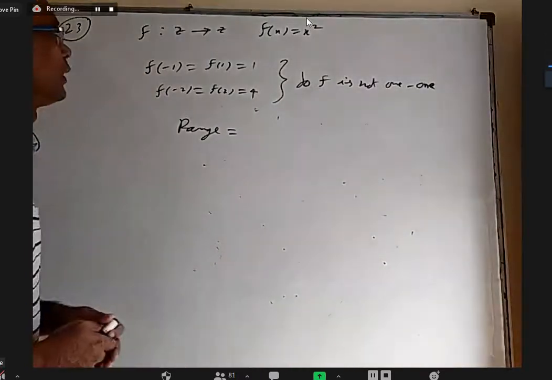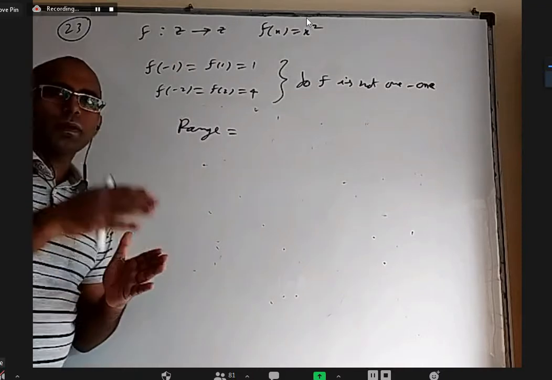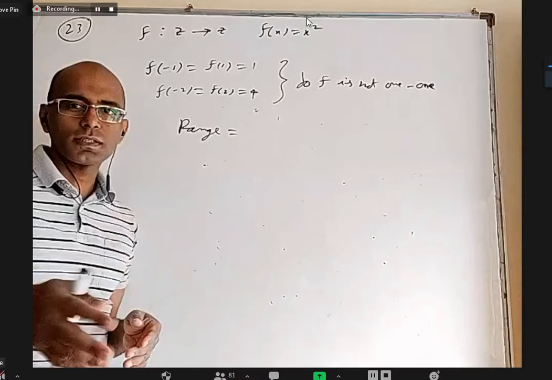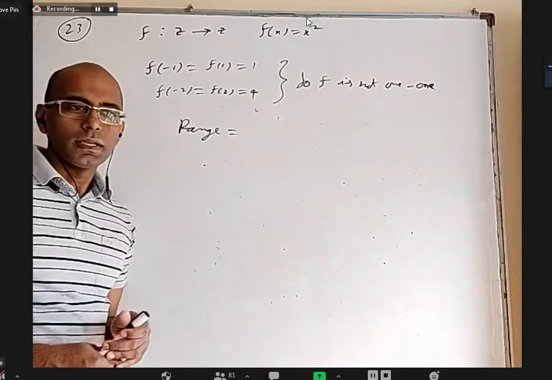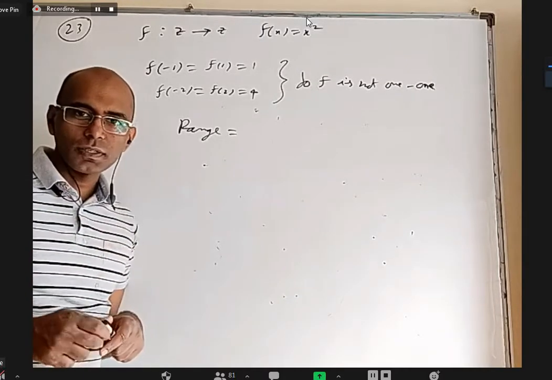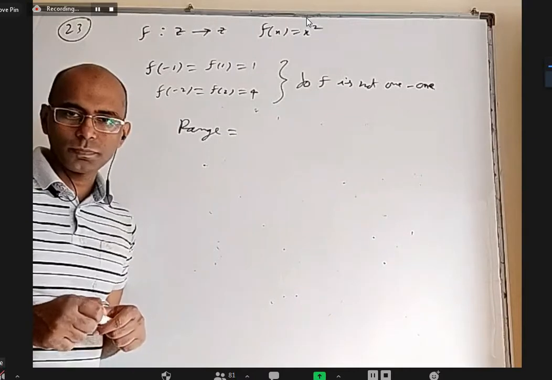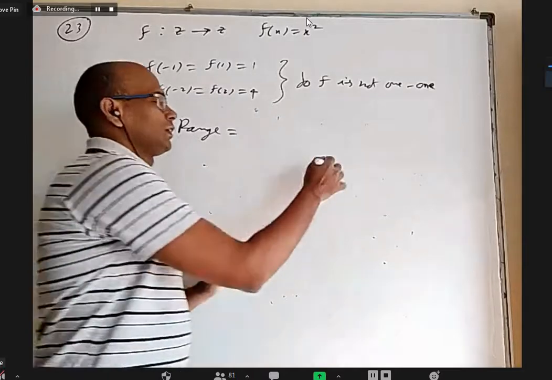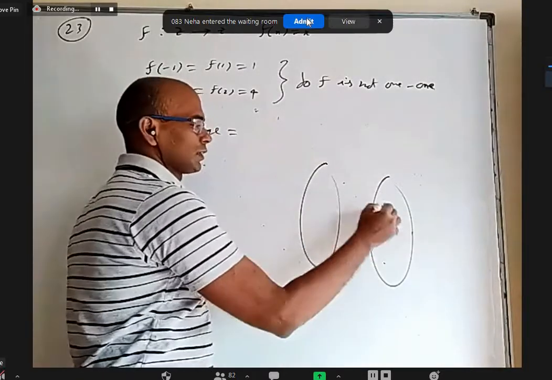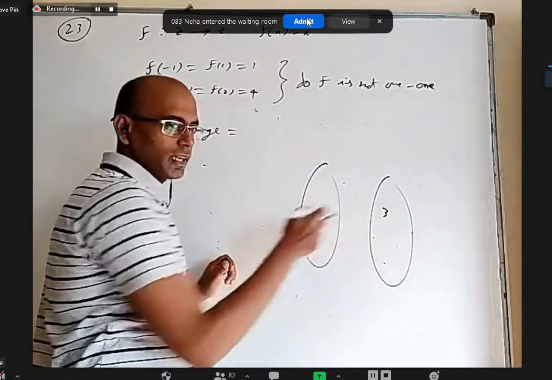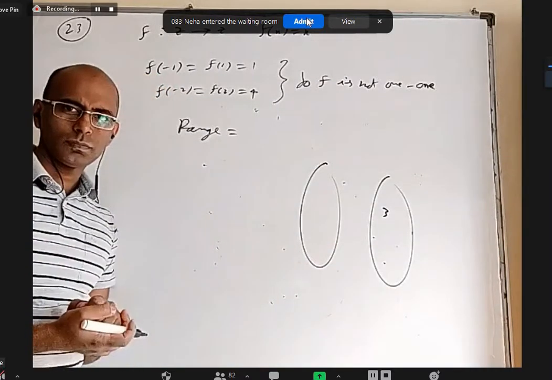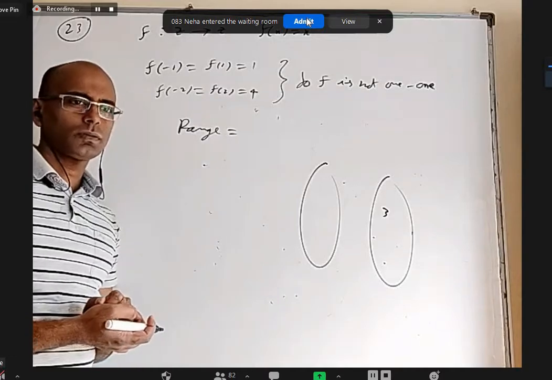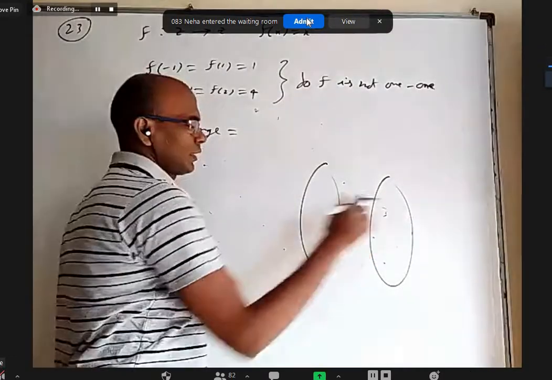Okay, basically, what is happening here? 1 and -1 are connected to 1. 2 and -2 are connected to 4. 3 and -3 are connected to 9. And that too, not all integers. It is not all natural numbers, it is not Z plus. Why? If you take 3 here, is there any number here which is connecting to 3? No, right?